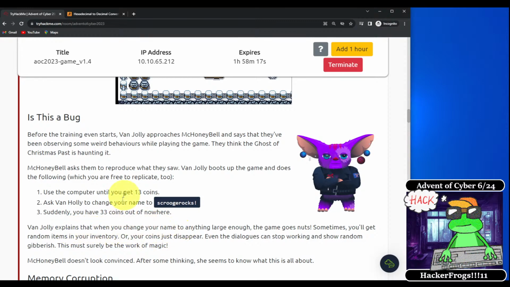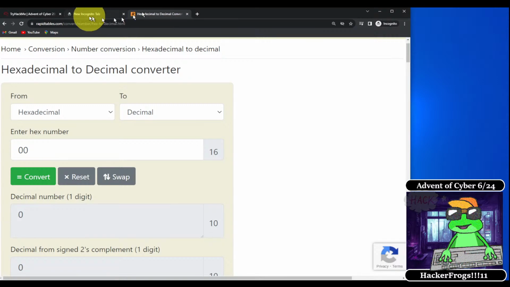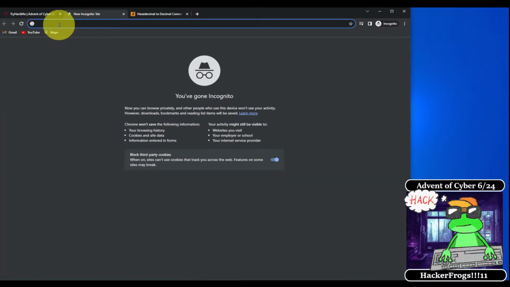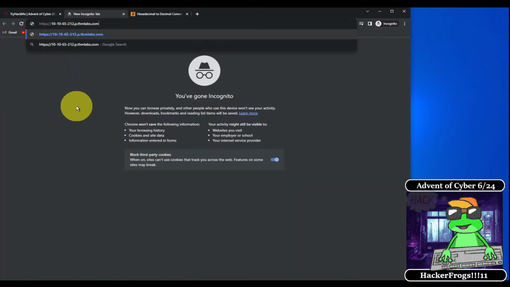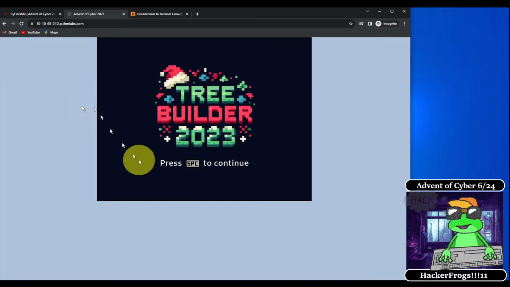So let's go up to here where we can see that there's a link. This link is not going to be the same for everybody, but you can use your link and copy this with the Control-C button. And then we're going to go to a new tab and paste the link in. Okay, so we see that this is a